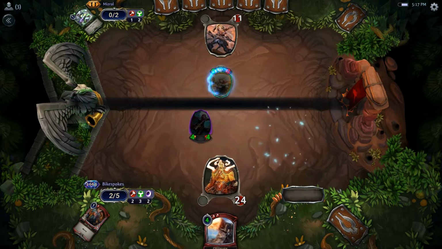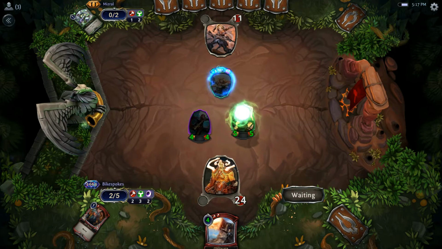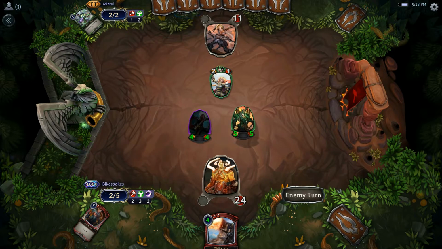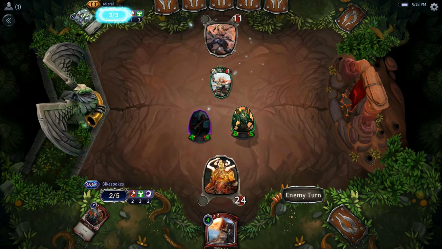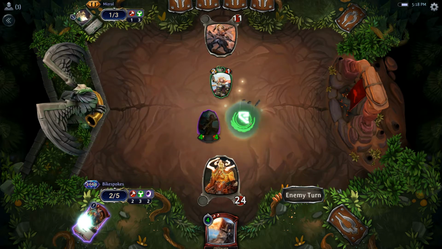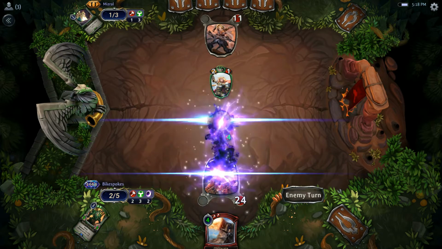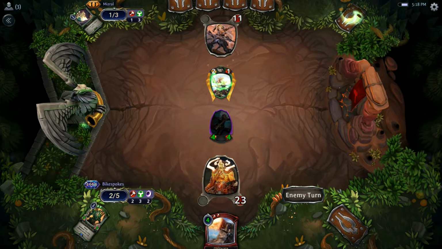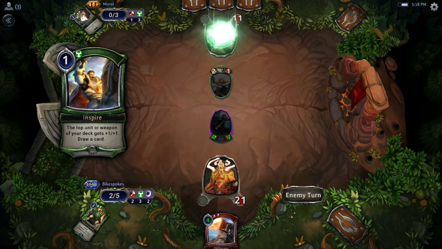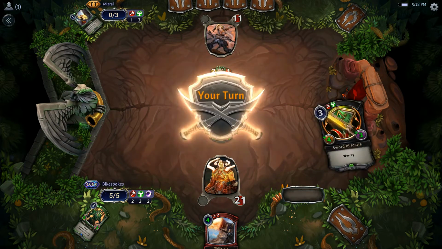And then I'm gonna play this, pop the Aegis. And the reason I'm doing this is because now I can attack him for 5 flying, and then obliterate his face and kill him immediately. Okay, so he has a Vanquish. With that being said, though, so I can still deal 6...